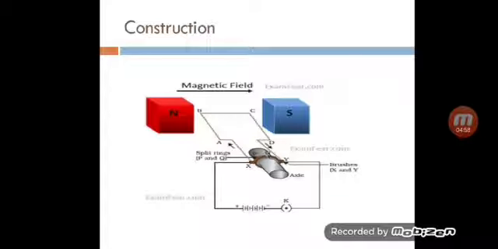Similarly, AB has come to the right side, that is in the place of CD. Here the direction of the magnetic field is towards the south, that is in the right direction, and the direction of the current will be B to A, the same as in the case of CD in the previous case. And the direction of the force according to Fleming's left hand rule will be in the outward direction. That is, again the armature is set into rotation along the anti-clockwise direction.